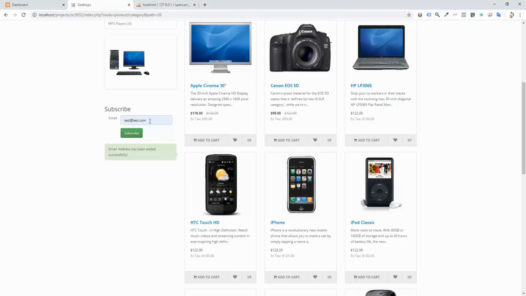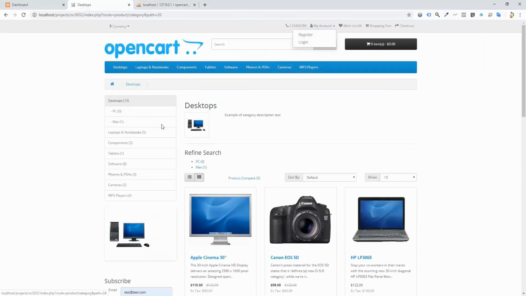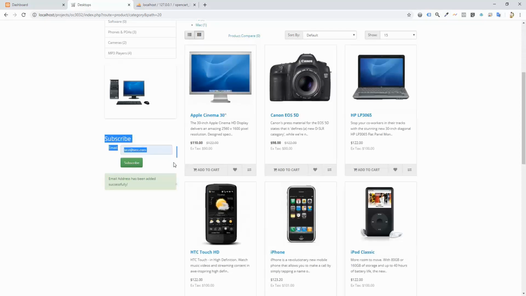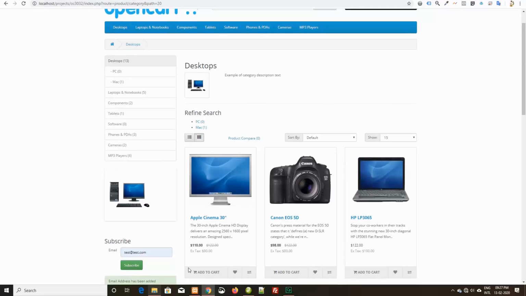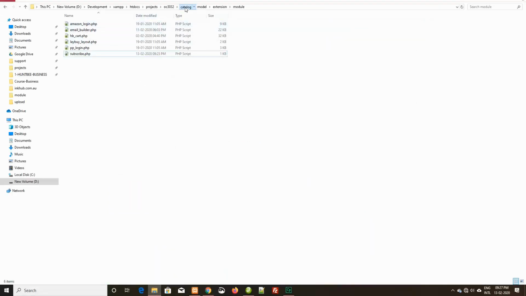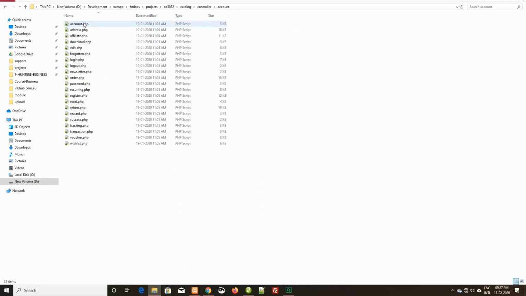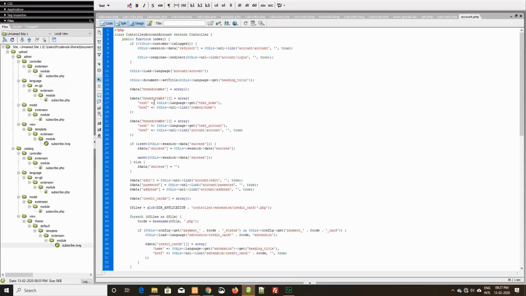And we still have one more requirement, that is, when the customer is logged in. Now the customer is not logged in. When the customer is logged in, this should not be shown. We already have the library in the OpenCart framework to check whether the customer is logged in or not. We can take that reference code from one of the account files, for example account. So here you can see this code, if customer is not logged in, we'll take this code and paste it